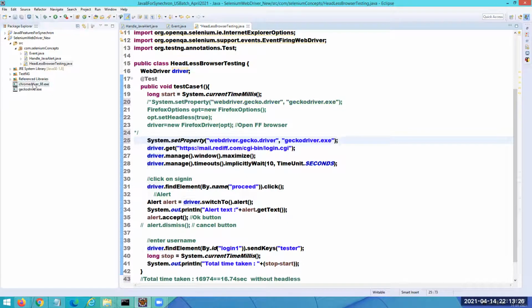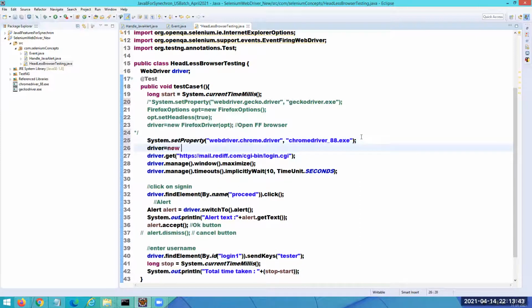That is to upload this Chrome driver underscore 88. So this needs to be changed to Chrome driver. Now here I need to create an instance: driver is equal to new Chrome driver, and I'm going to import a package for this.